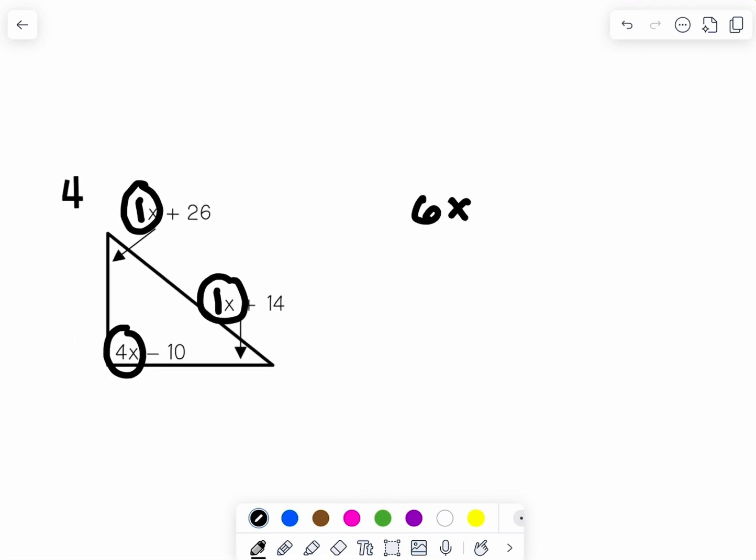And then when I combine my constants, positive 26 plus 14 minus 10 gives me 30. So I'm just going to add it to 30. Plus 30 equals